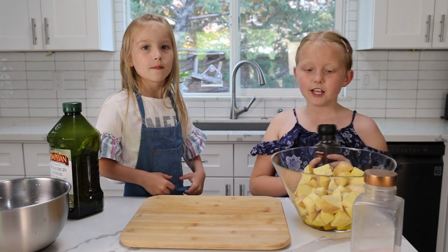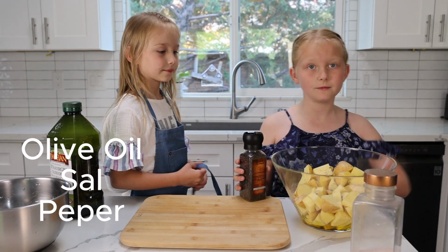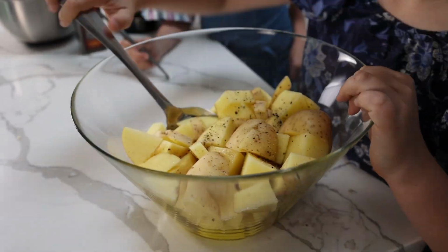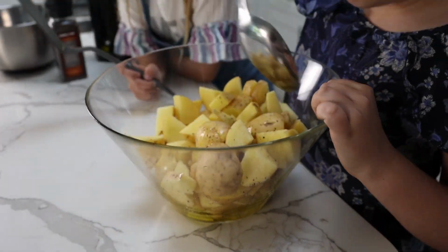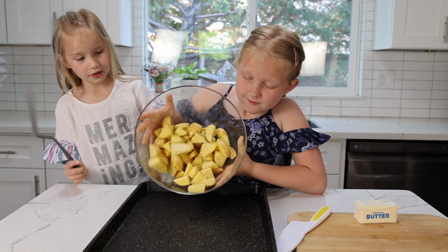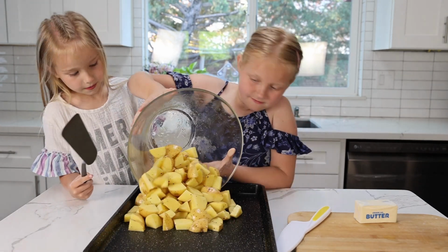Now we have to add the olive oil, salt, and pepper. Now we have to pour the potatoes